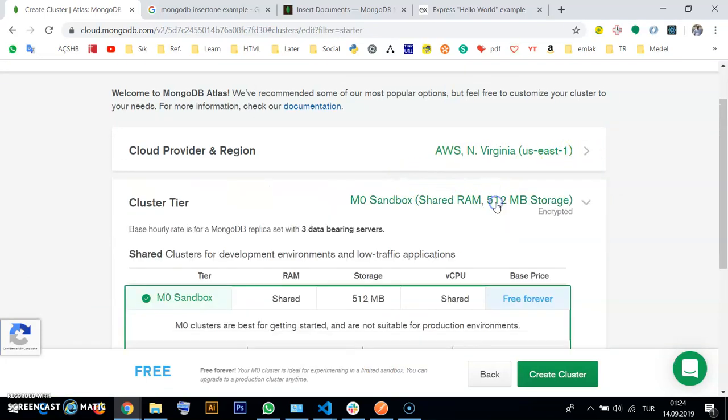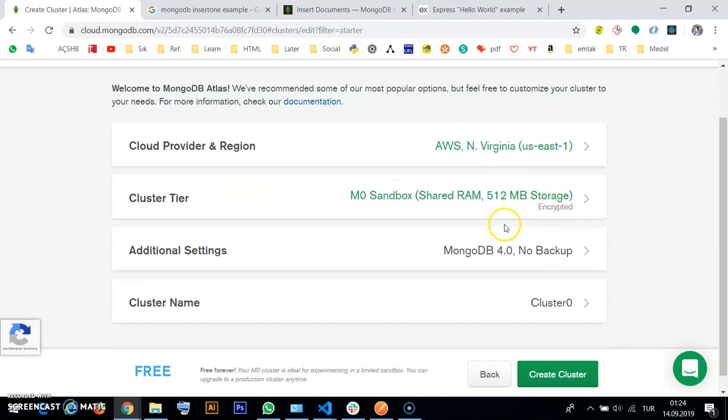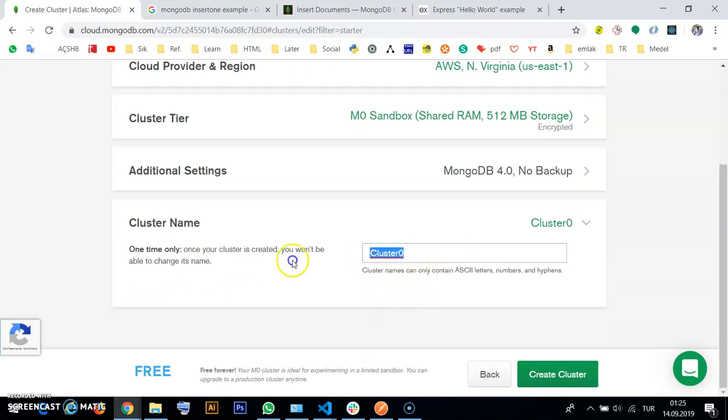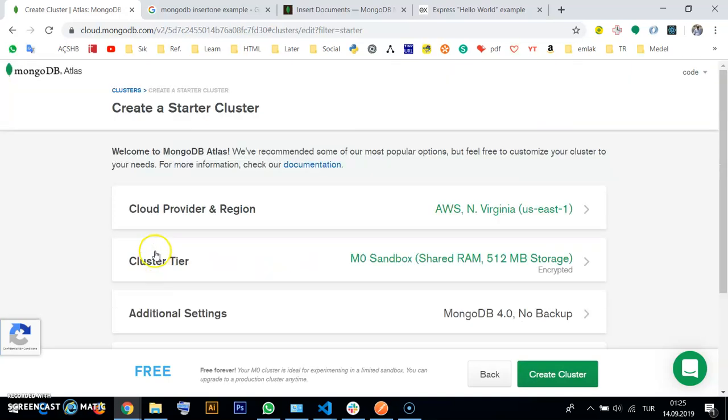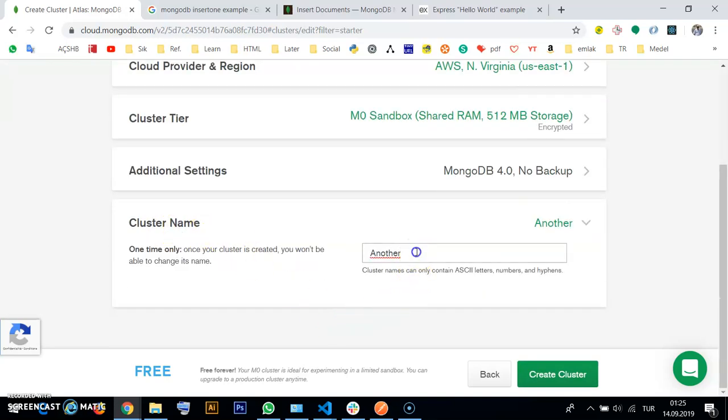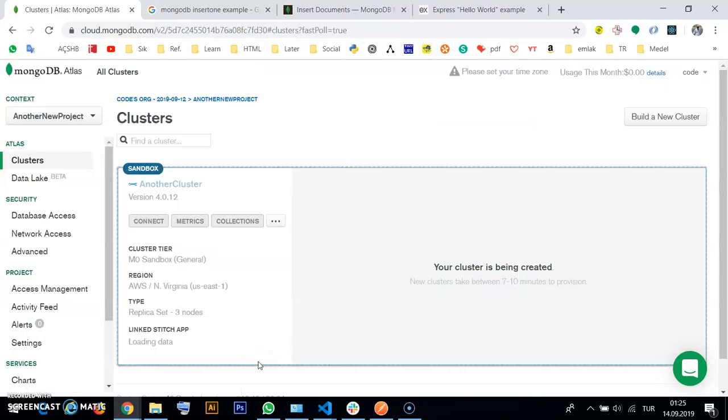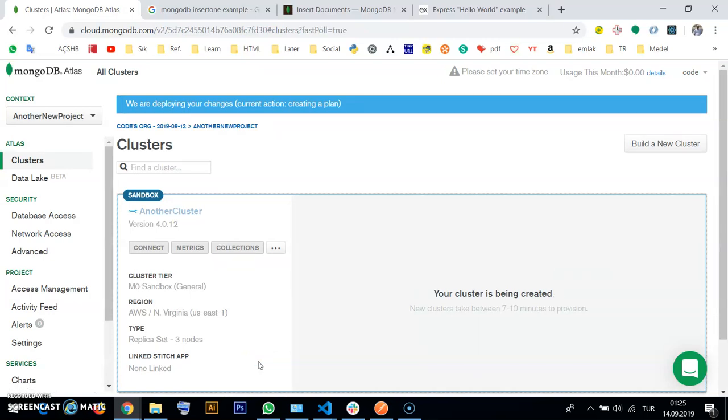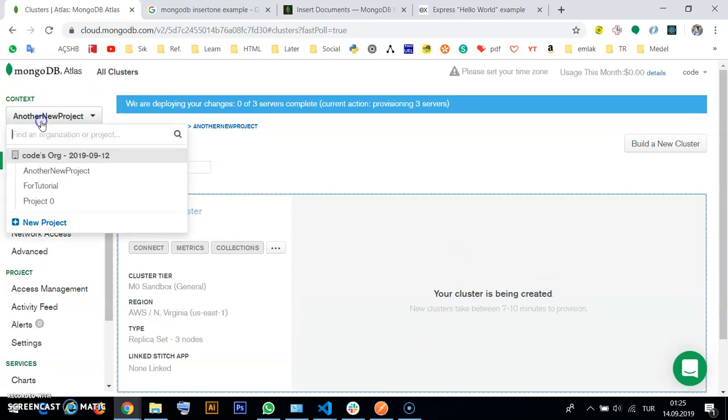It's free also, and I give a name to my cluster, another cluster, and create cluster. In fact, it takes 7 to 10 minutes to deploy, so I don't want to wait 7 to 10 minutes. I return back